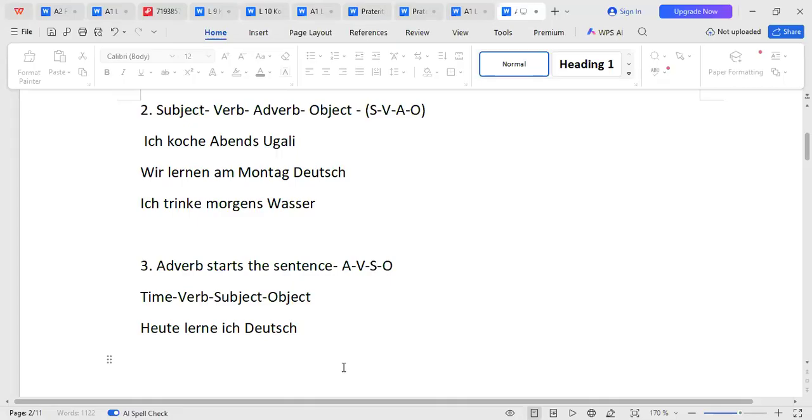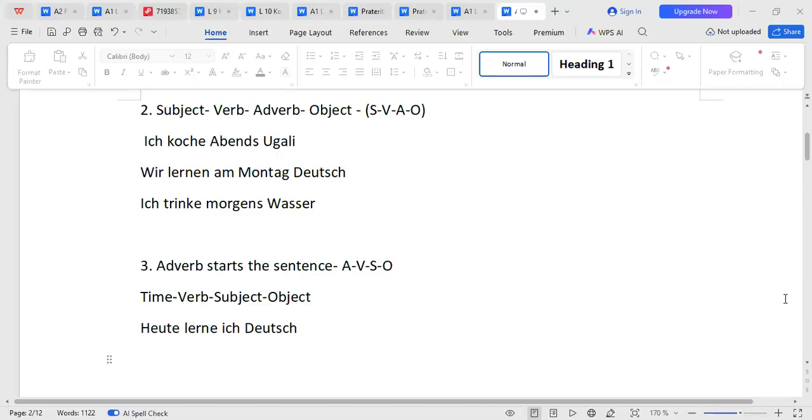Let me see the examples from you. Just take the sentence you are constructing now and change it. Make sure you take the time to start and take the subject to the third position. Just the ones you've been constructing. Now the time will start the sentences. The sentences that you've given me up there, I want to see them with time starting now.